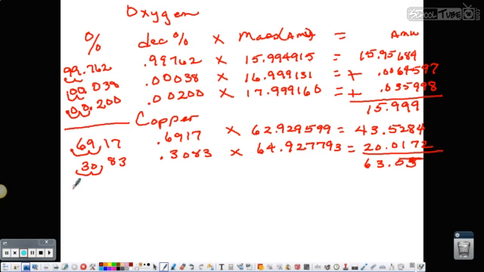Alright, the last one was uranium. On uranium, the first percentage is the teeny bitsy one. It's 0.005. That's a little bitty percent, but it still counts in your average. So we have to divide by 100. Move your decimal to the left 2 places. We've got a little bitty number, 0.00005. And then we multiply that times a big number,